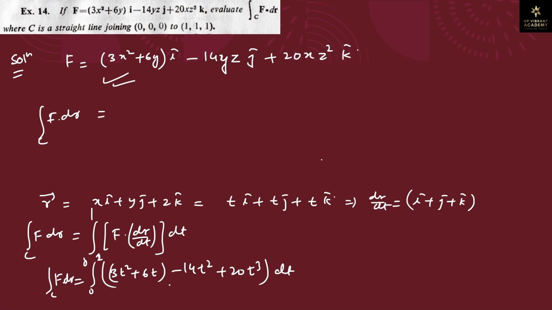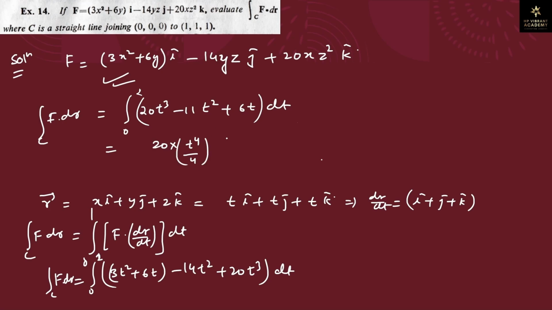So this is 3t square and this is minus 14. So this is 20t cube, and we have this as 3t square, and this is minus 14. So this we can write as minus 11t square plus 60, okay, dt, and this is 0 to 1. So this is 20 into t4 upon 4, limit is 0 to 1, minus 16 into t